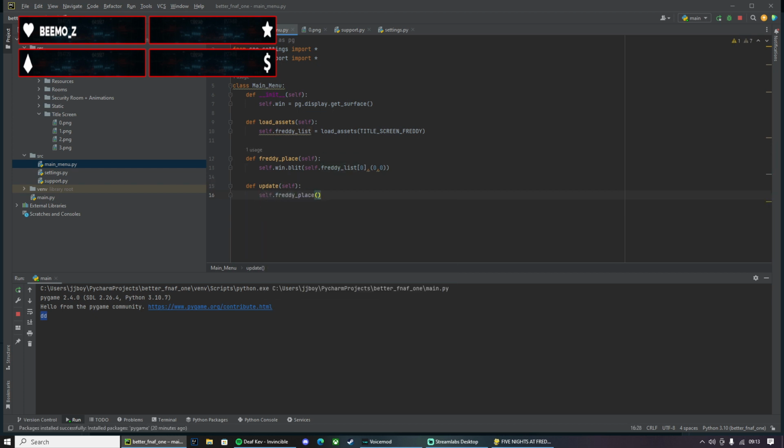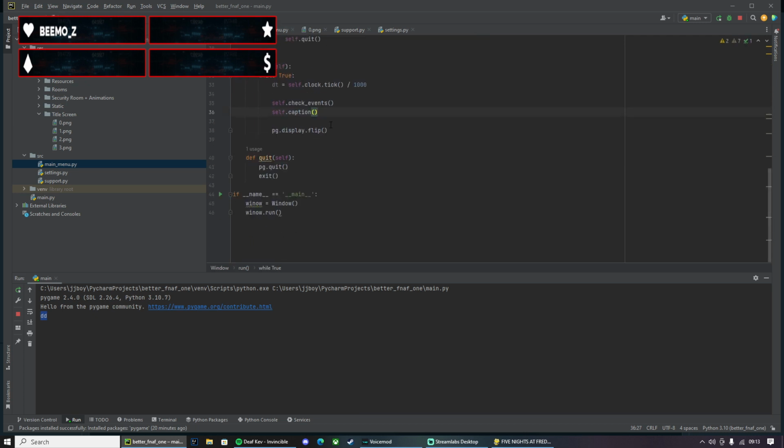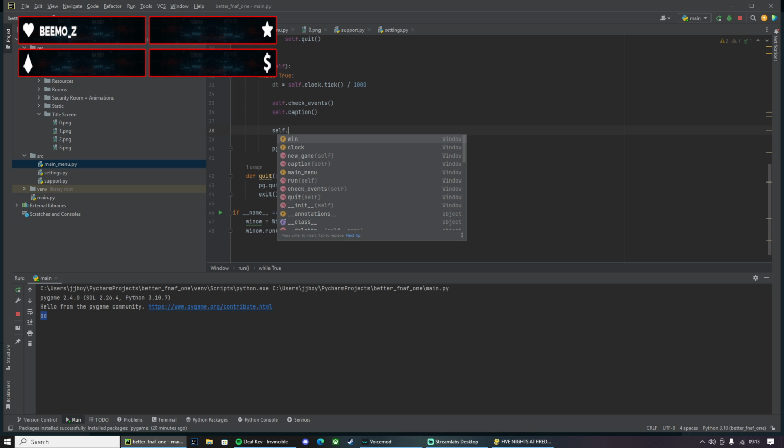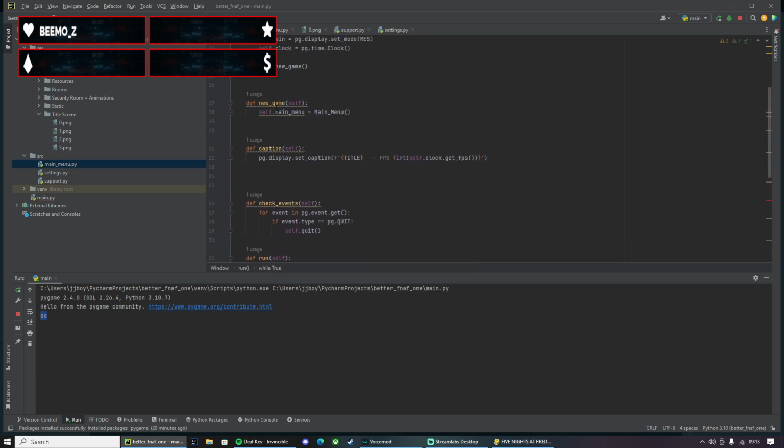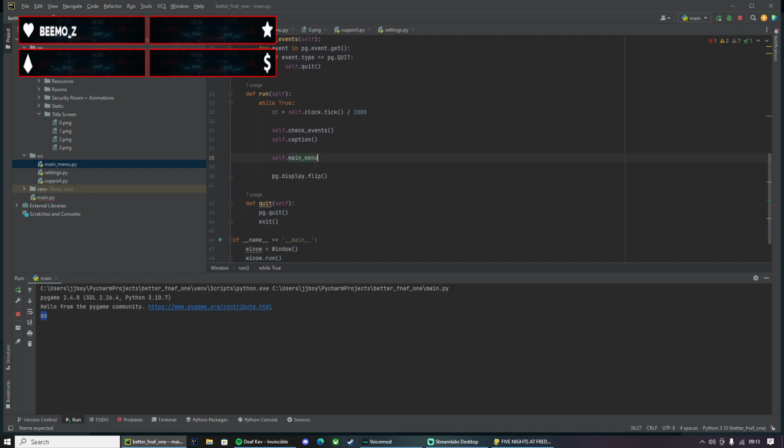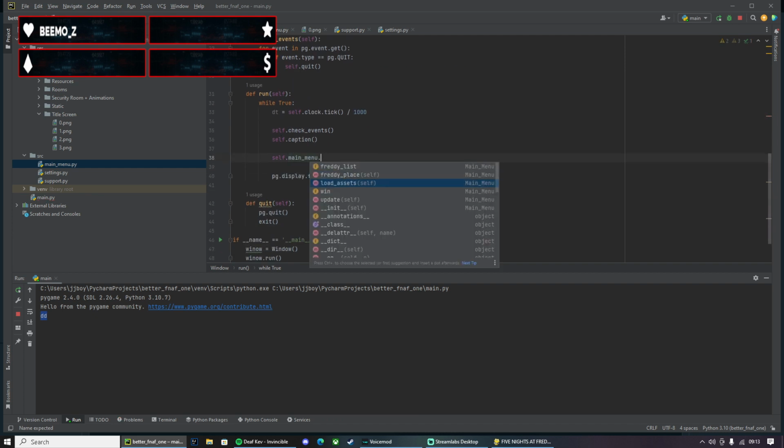Freddy place. Self dot, and menu.update.